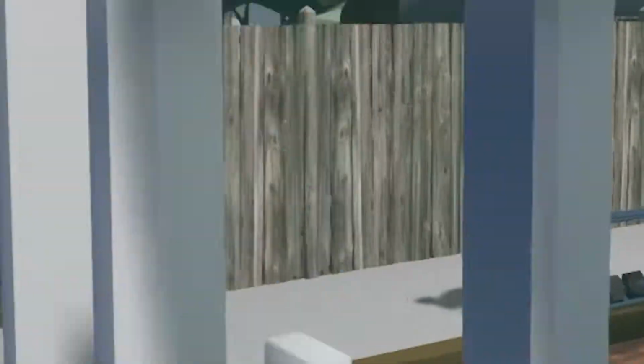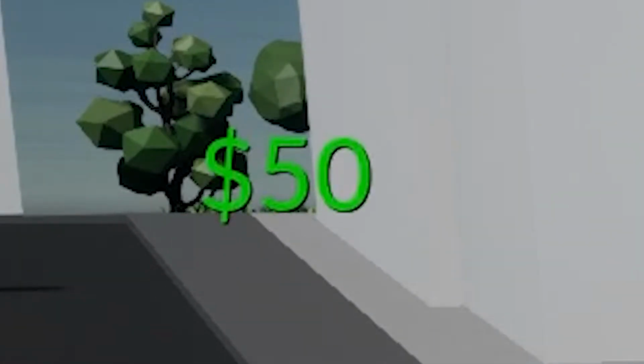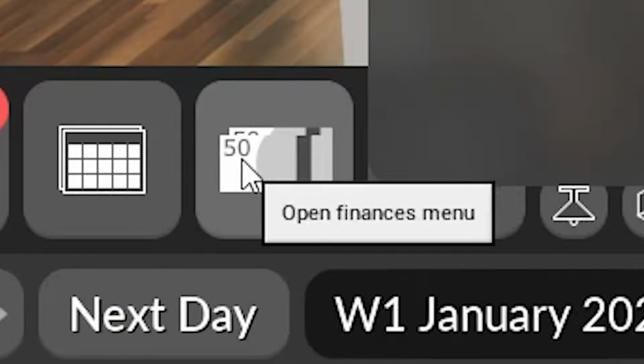Wait a minute, is she working out outside of the walls? Oh no, I think she caught on. Donna, wait, please come back. We did score a cool $50. All right, now that we've had our fun,